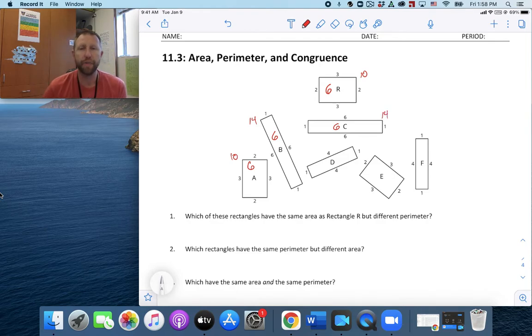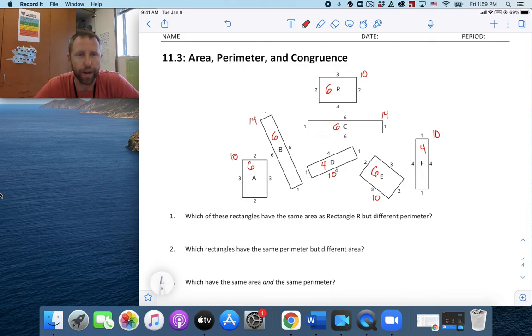For letter D, 4 times 1 is 4, so my area is 4, and then add up all the sides. 1 plus 4 is 5, 1 plus 4 is 5, so that gives me a perimeter of 10. E is 3 times 2, which gives me an area of 6, and then 2 plus 3 is 5, plus 2 plus 3 is 5 more, 5 plus 5 is 10, it gives me a perimeter of 10. And then last but not least, letter F, 4 times 1 is 4, and then add up all those sides. 4 plus 1 plus 4 plus 1 is 10. All right, now,